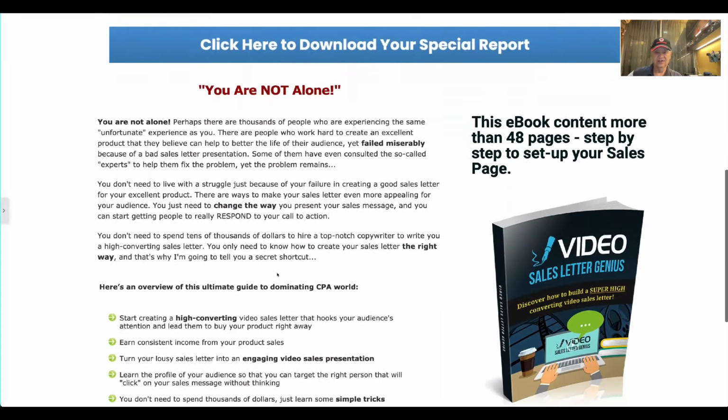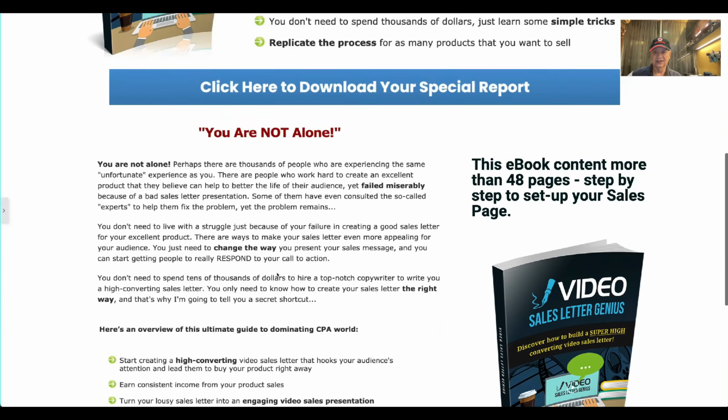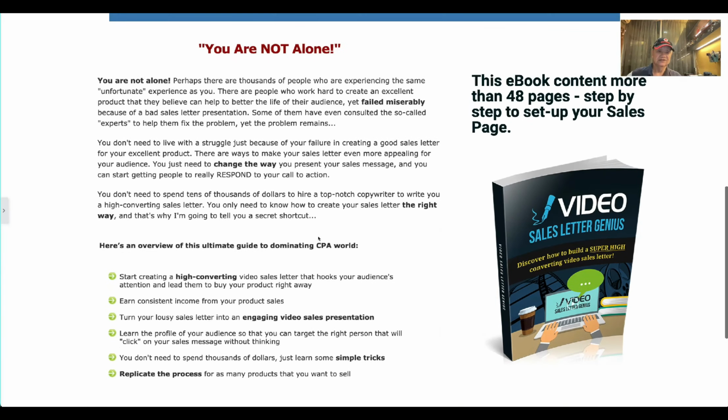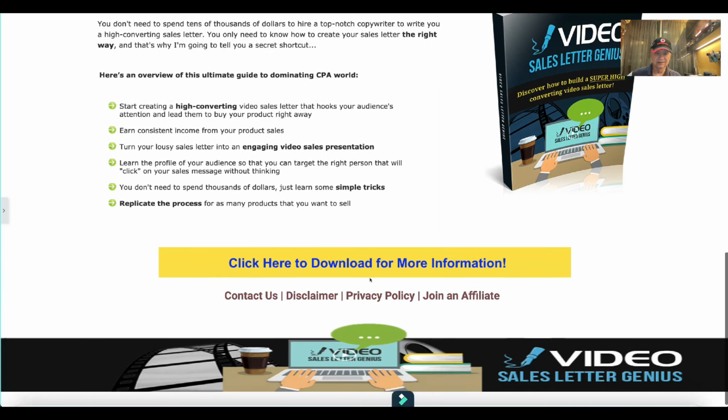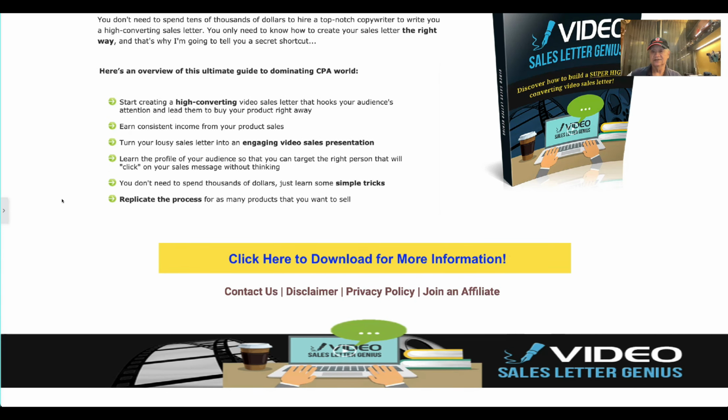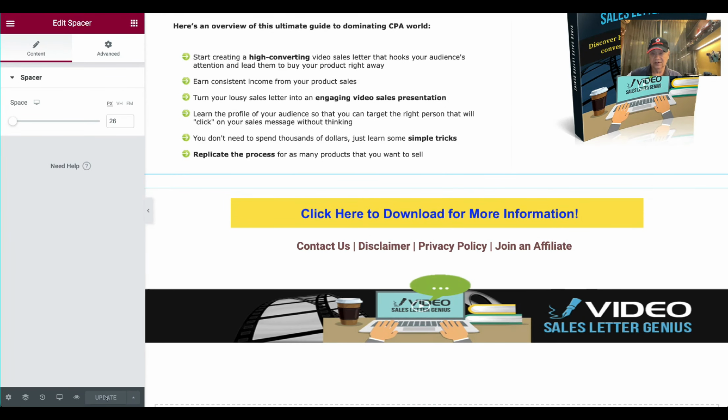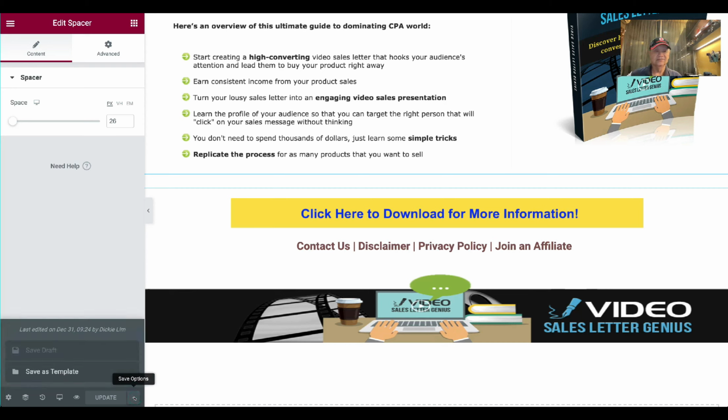Okay, so then we have a little bit of content here, description, and then you are not alone, then we enter all these sort of things. Of course, we can do a bit smaller if you want to. But I was trying to show you, okay, this balance with here, and the book quite balanced, and then the button, and everything is down here. All right, so basically what we do, okay, we back. Now, important thing to already, early on I told you about this. If you want to save it, you can save it as template, and then in future you save it and then bring it to your laptop. Then later when somebody want the same design or whatever, you modify a little bit here and there,